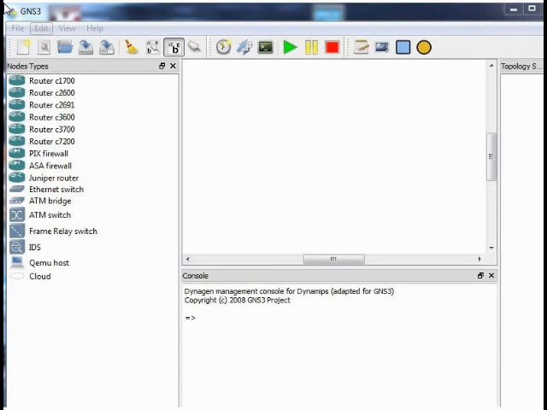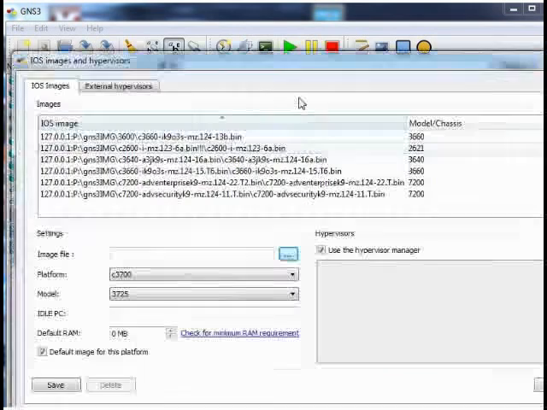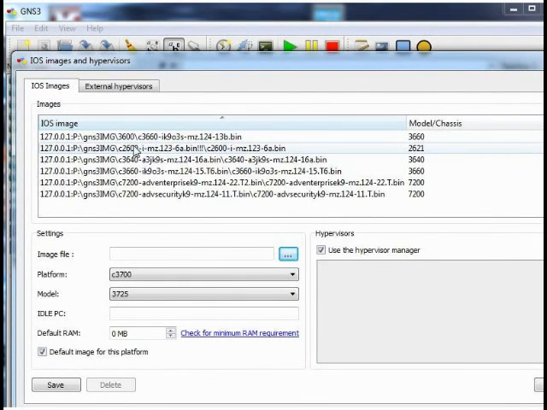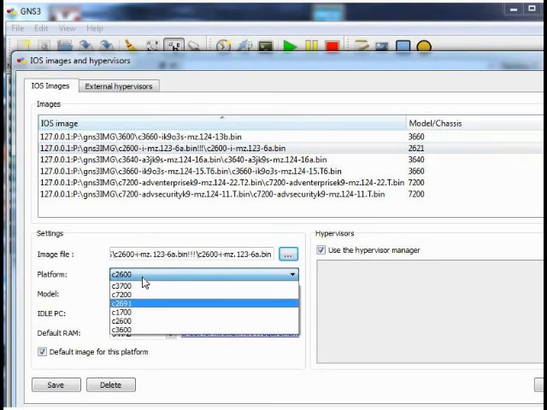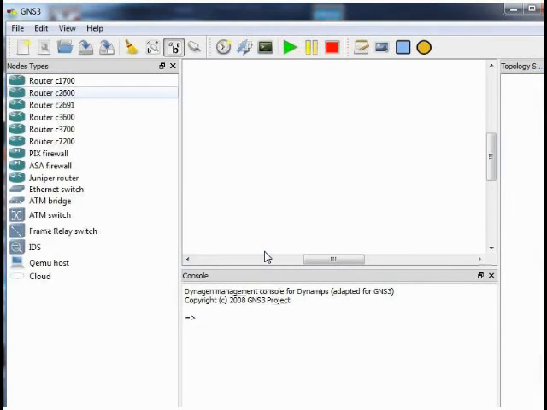It's really cool, and all you have to do when you install the software is go to IOS images and pick the router you have. For instance, let's say 2691, and then you just choose the IOS that you have for this router, and that's it. Okay, let's